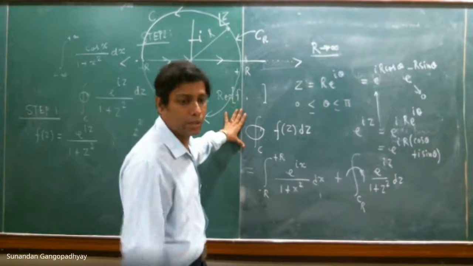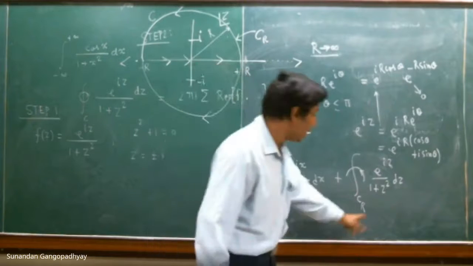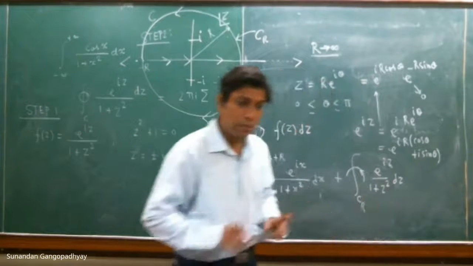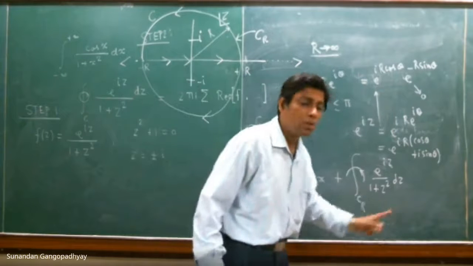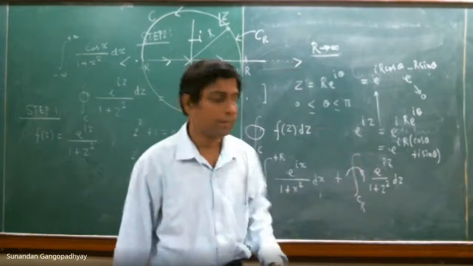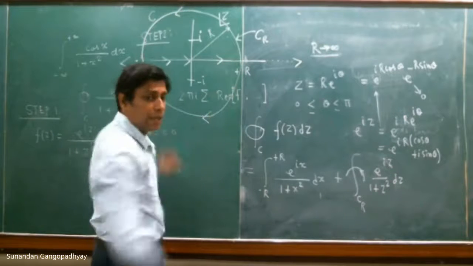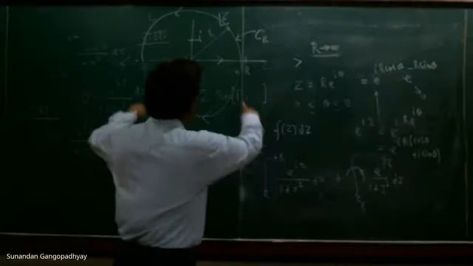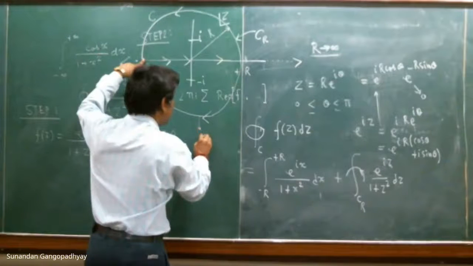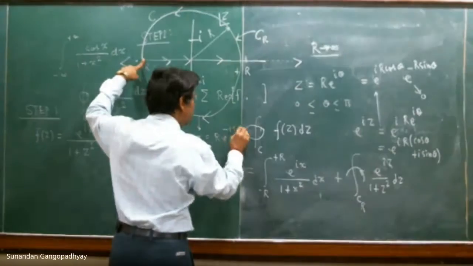So you use the Cauchy residue theorem that I proved in the previous lecture. The whole idea was to close the contour in such a way that the contribution over the semicircular arc vanishes. If I had closed it downstairs, then it is very simple to see that on this line z is not r e to the power of i theta, but z is rather e to the power of minus i theta.